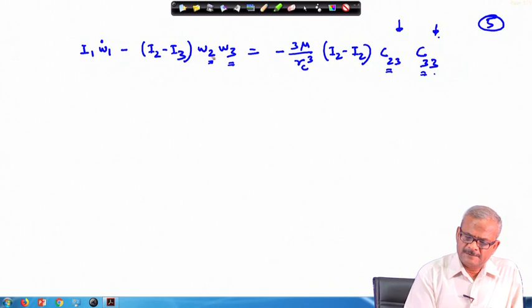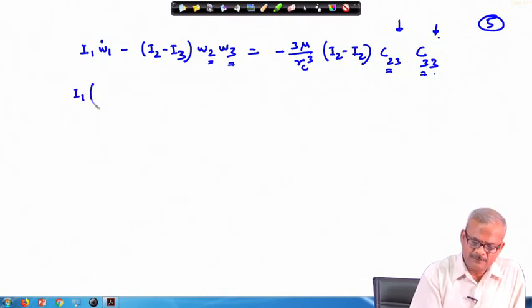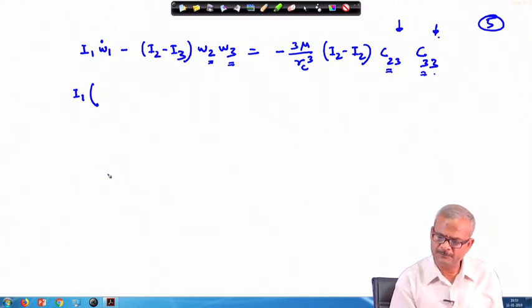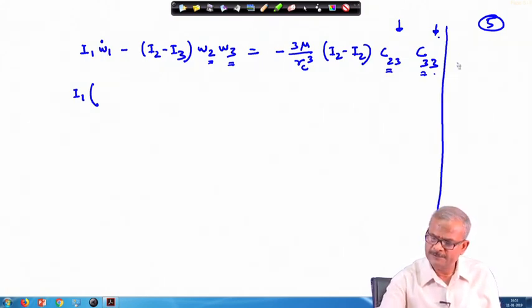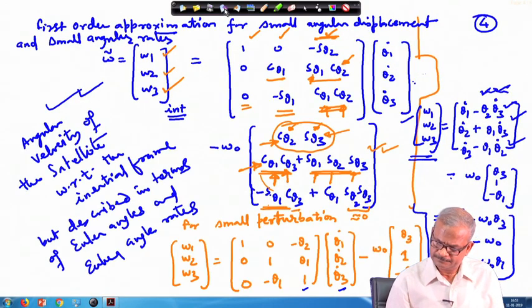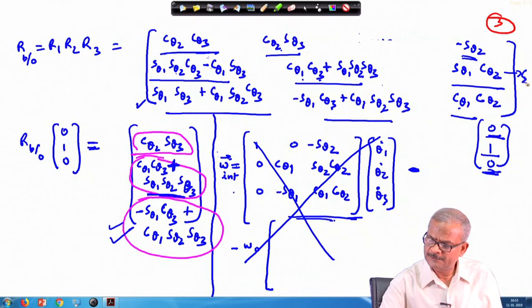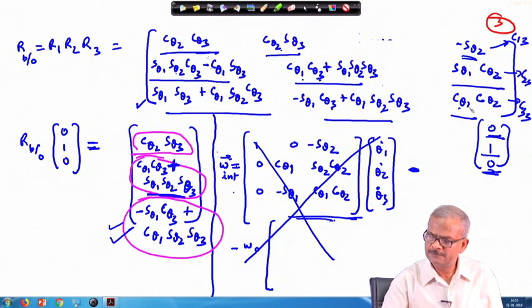So we need to insert this omega 1, omega 2. So omega 1 dot, therefore, we can pick up from the previous place, and before that we will also write for C 2 3 and C 3 3. Going back, C 2 3 and C 3 3. So this is the term C 2 3 and this is the term C 3 3 and this is the term C 1 3. So we need to pick up this and put it in that place. Okay.